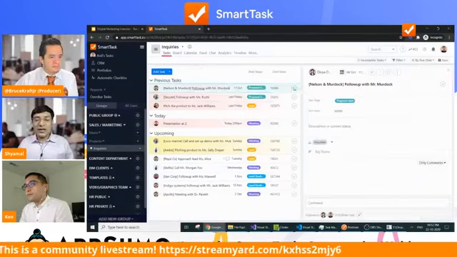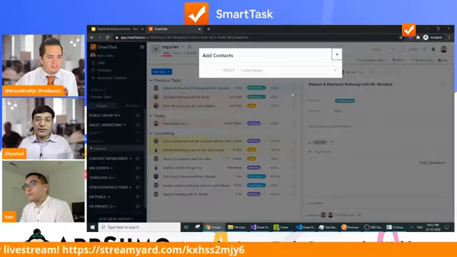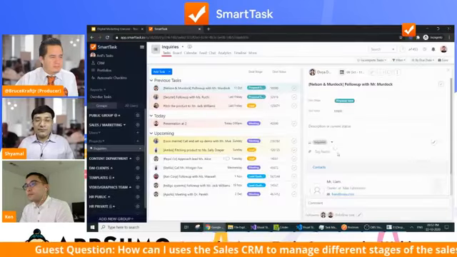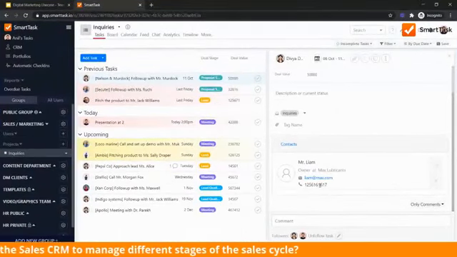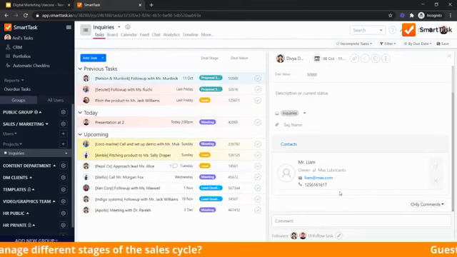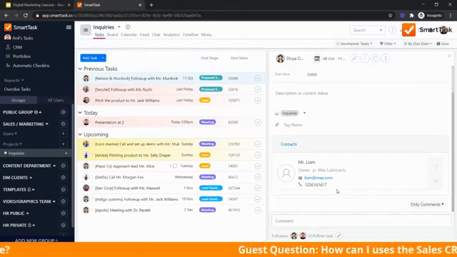And then each and every task will have some contacts. So let me just add a contact here. So you can see a contact is added. Now we do have a click to call feature. It is not activated for foreign clients, but Indian clients can still utilize it. Foreign clients, we're working on it. Most probably we'll have it by end of the month.